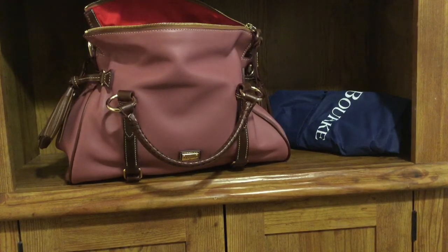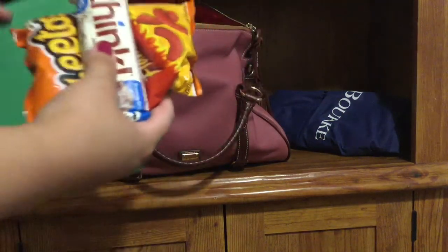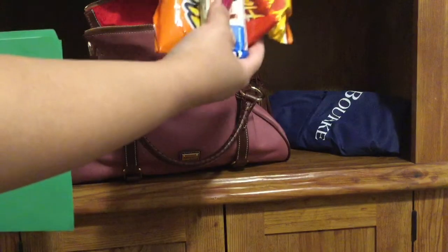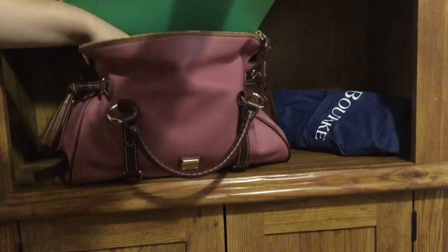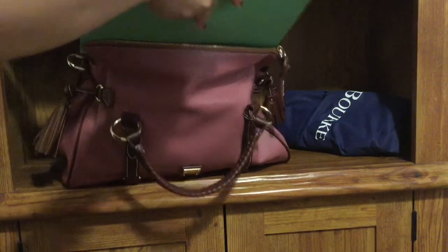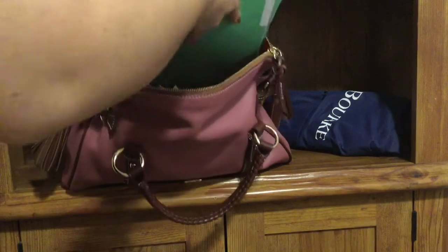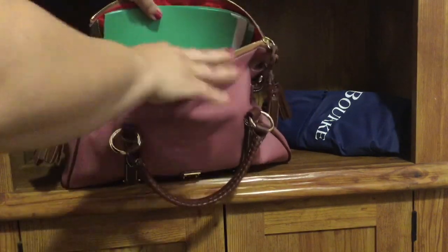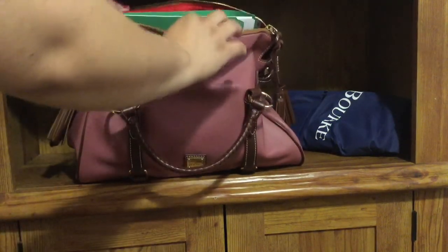I have a manila folder here, so I'm wondering, like for work, if I have to carry something. And then I have a couple of snacks. I have a bar and some chips. Let's see if this manila folder fits. Okay, so it doesn't fit like this. If I were to stand it, it fits. So if I had to carry a few papers, I could do it and just leave this flap up and